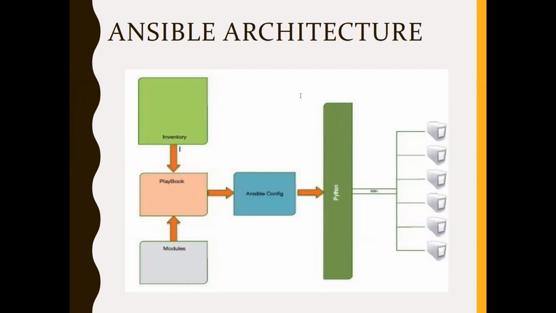These are the different components in the Ansible architecture: modules, inventory, Ansible config, and playbook. Modules, these are all the components you get when you install Ansible. Modules are like the Python programs which are responsible for automating the targets. Inventory is a list of your targets. The ansible.cfg file will have all the global settings, like the path of the inventory and the path of the module. Understood these three components? I'm giving a brief about them.